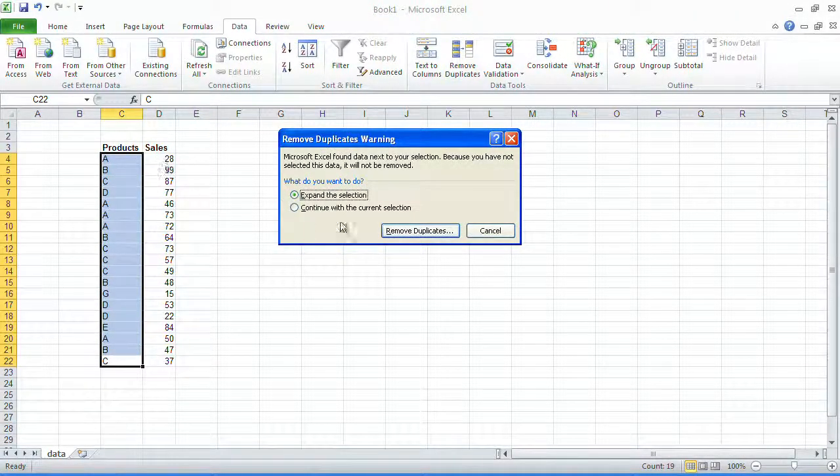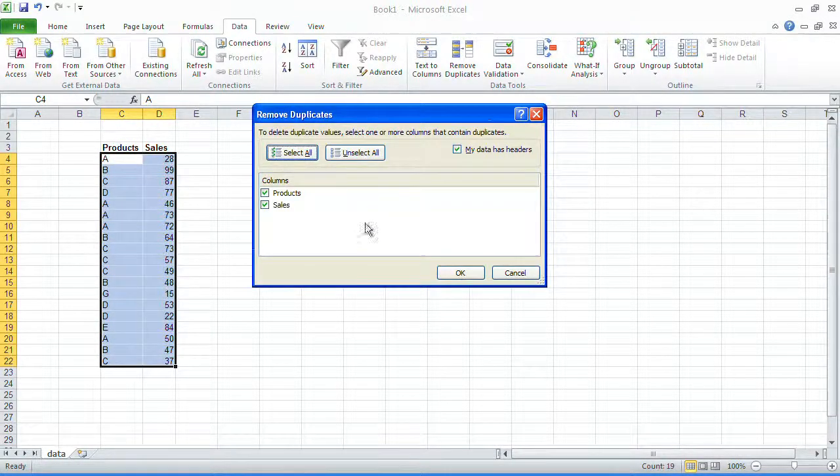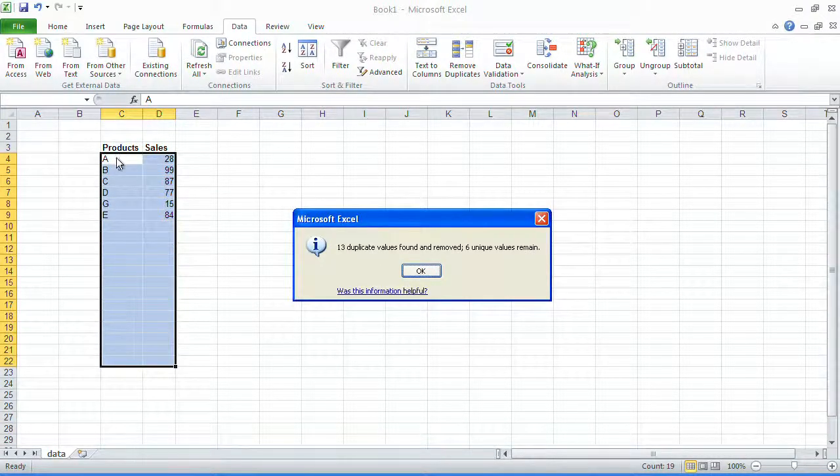It'll ask us to expand the section, and we can say yes or continue with the current. So I'm going to expand the section, say remove duplicates. It now says my data headers, product and sales, so it's picked up that I've got headers, and I say I just want to remove duplicates on the products. I then say OK, and you can see very, very quickly it is accurately sorted and also removes duplicates from